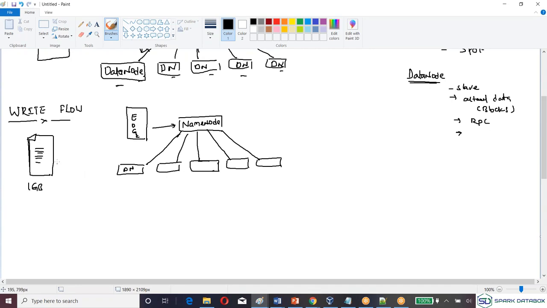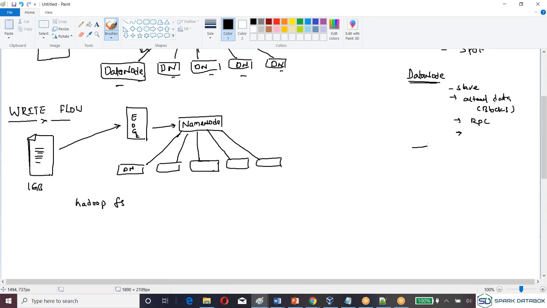So if you want to load this data into Hadoop, we will execute some command. We'll write some code, right? Let's say I have written a command, the very old command, hadoop fs. Hadoop fs means I'm trying to use the Hadoop file system. So why do I need to use hadoop fs? Why can't I use the direct command? Because